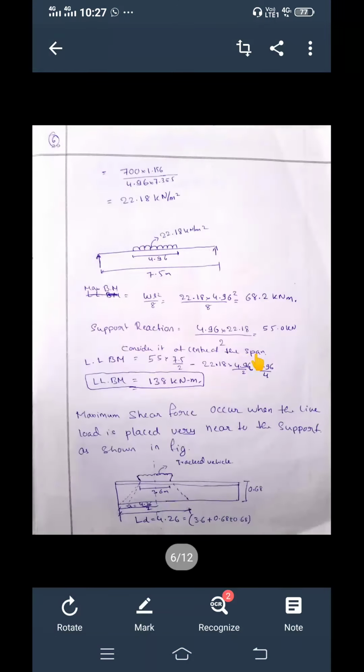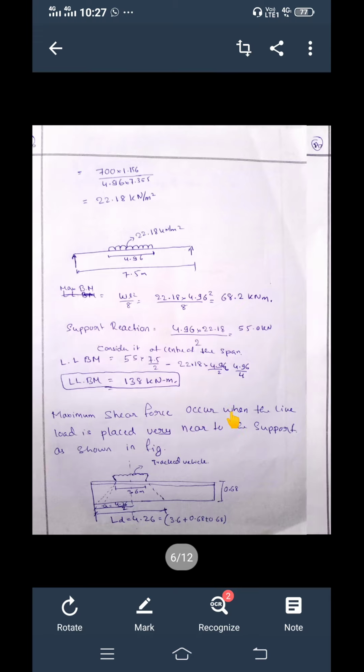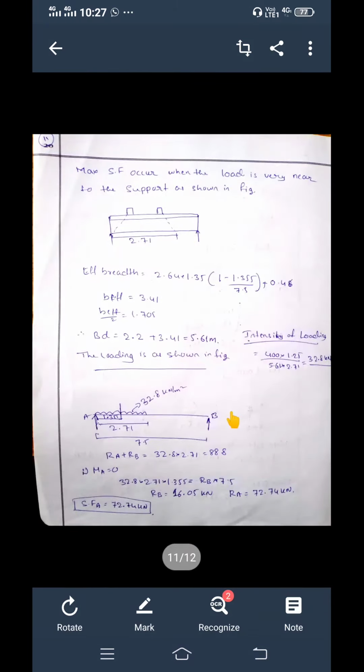Okay, the bending moment is 138 kilonewton meter, and the shear force we got is